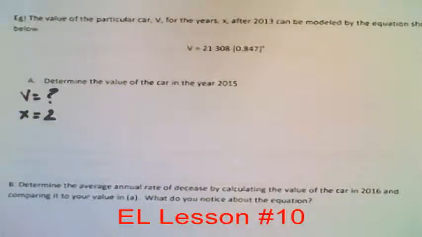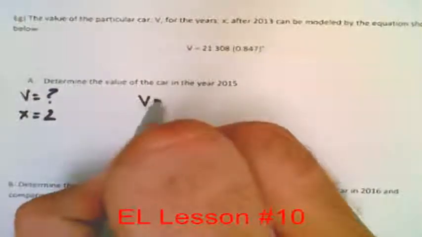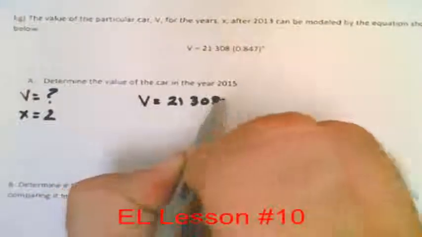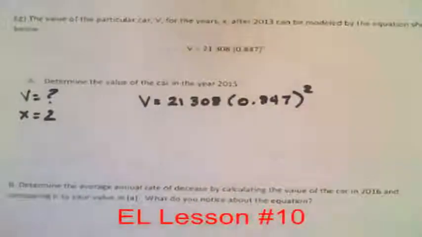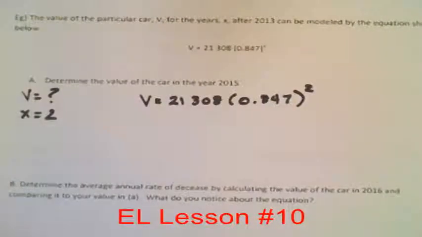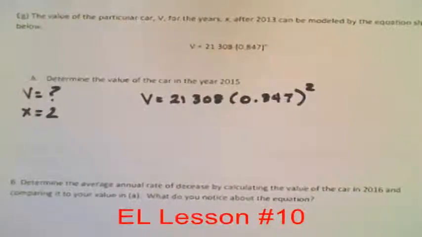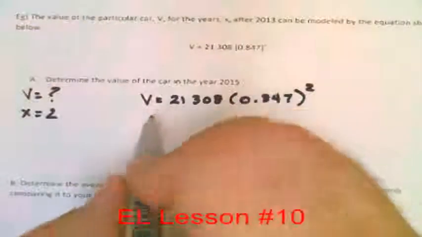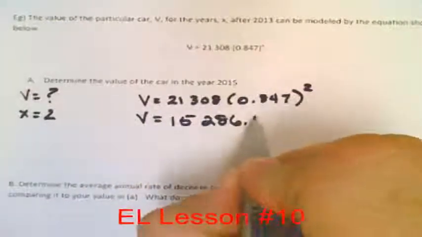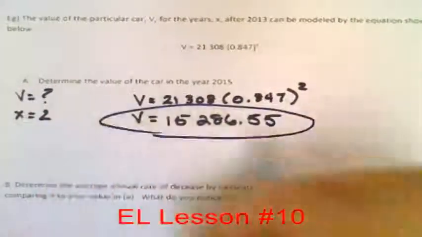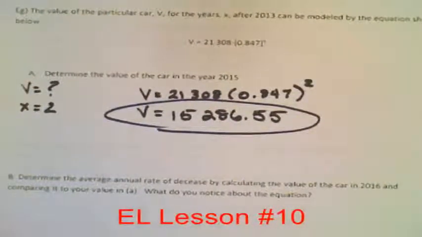Okay? Now going through, you can look at growth and decay. The value of a particular car, V, for years X after 2013 can be modeled by this equation. So I've got that. Okay? Determine the value of the car in the year 2015. Well, 2015, keep in mind, I've got two pieces of data, V and X. The value is what I want. 2015 is 2 years after 2013. So the value of this car is going to be 21,308 times 0.847 to the power of X, which is 2. And I crunch my numbers and I get this,